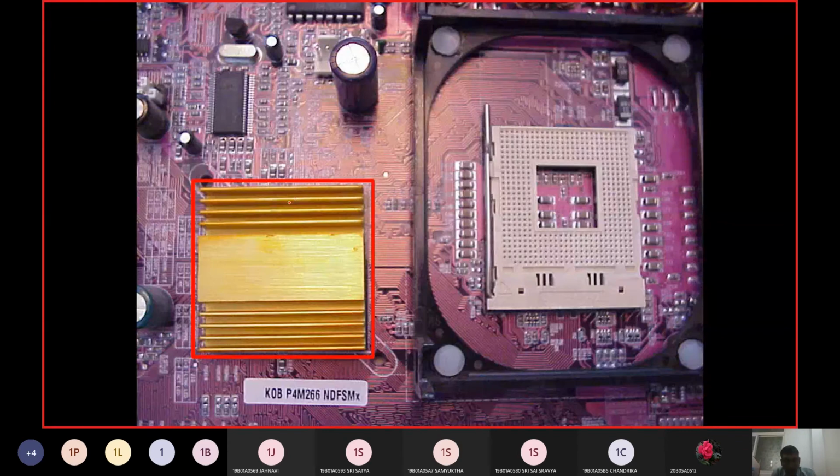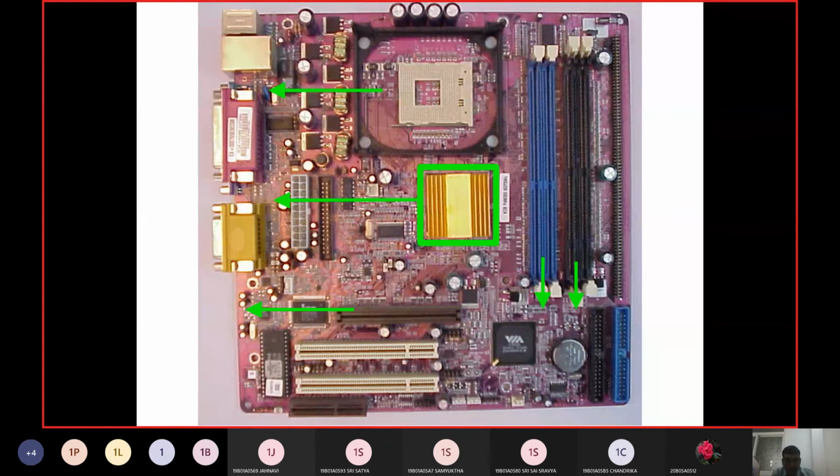And the golden color item, we are going to call the north bridge here. And then you can see the association between the north bridge and the IO ports, and the association with the random access memory, etc. So the north bridge is associated with the CPU, the DDR RAM or SDRAM, and the graphics card.